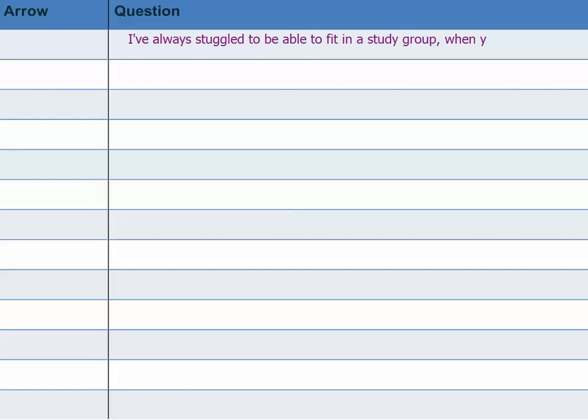So there's a question just come up. I've always struggled to be able to fit in a study group when you have very long working hours. Yes, I agree, absolutely. Ultimately, though, is it harder to fit in having to keep logging your records on the pathway system when you might have passed at the first attempt, had you had more experience of orally communicating? I mean, I know that it is so difficult to fit this stuff in, but it is worthwhile when you finally become chartered